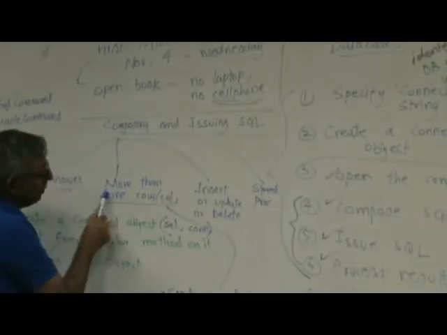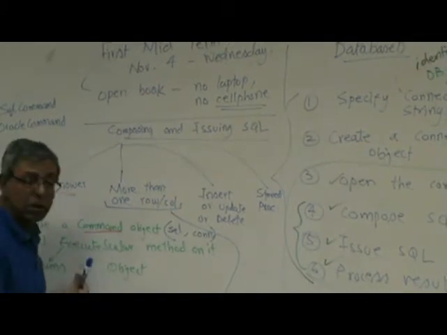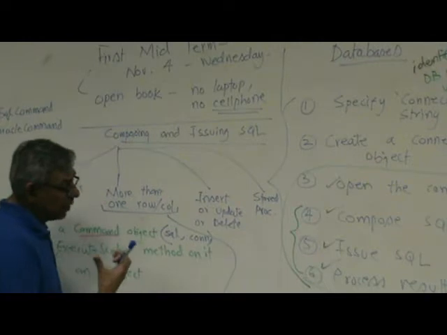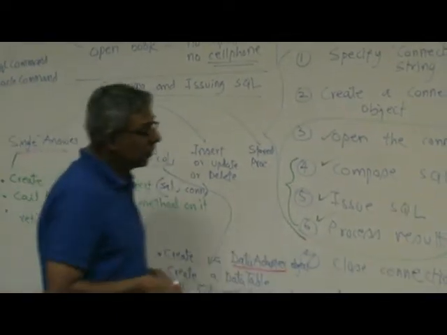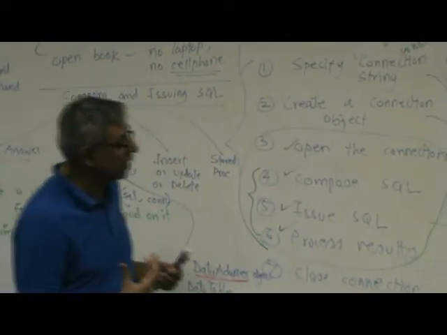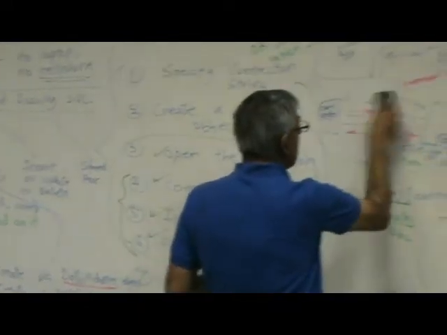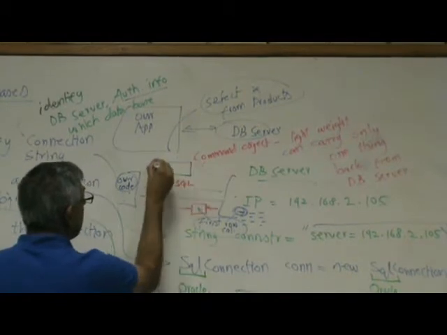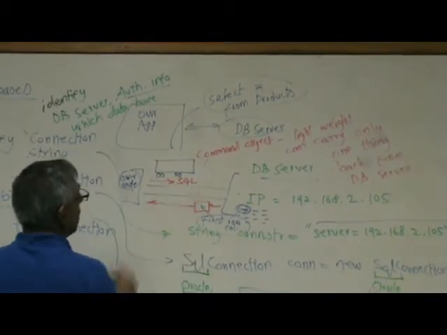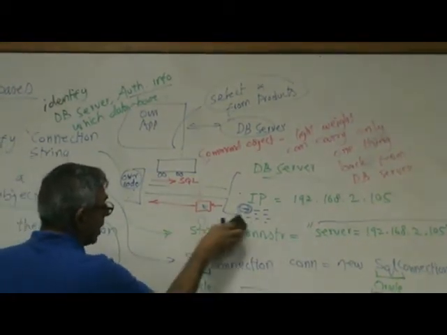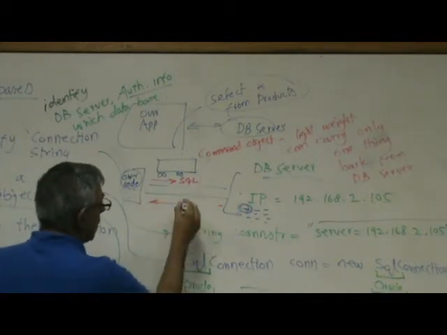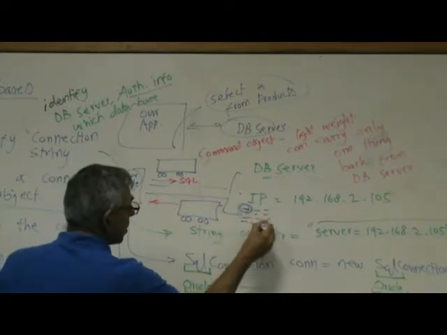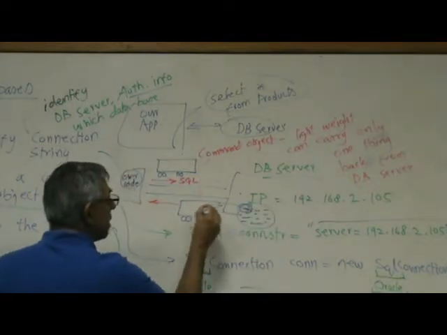Now coming back to what if we wanted more than one row, one column from the database server, right? So think of the data adapter like a truck, okay? So because we want to bring a lot of things back, we will send a truck to the database server. So data adapter is like a big truck, okay? On the way back, it doesn't matter how many rows, columns we have, it will carry them all and